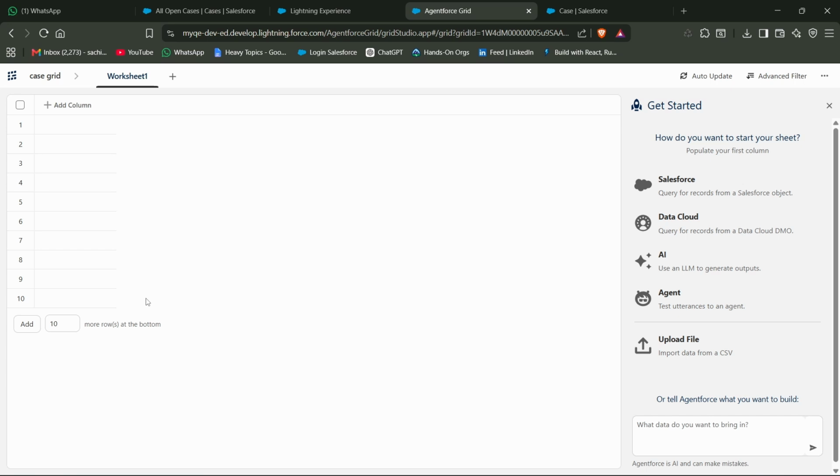So this is the environment we get to see when we create a new grid in Agentforce grid. Here first of all you can see there is a worksheet. We are working on worksheet 1. We can also create multiple worksheets here, worksheet 2, worksheet 3 if we want. Now here we have the choice to create columns in our grid. So first of all, I'm gonna fetch all the records of case